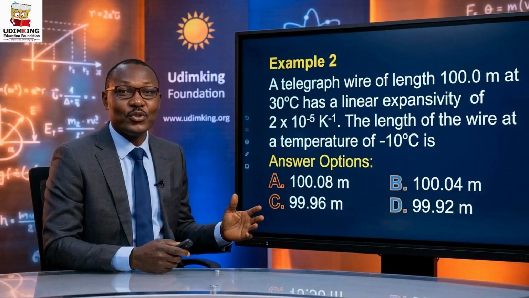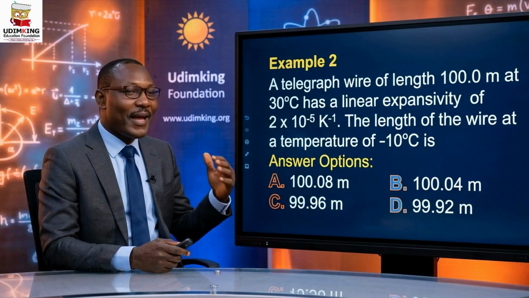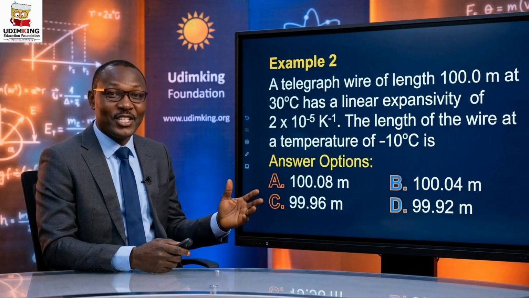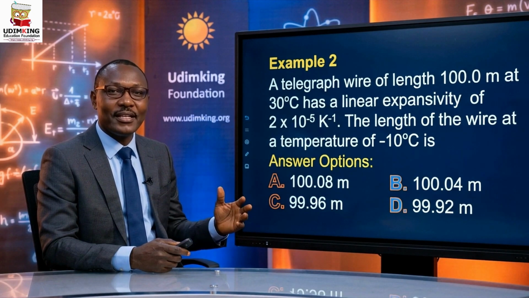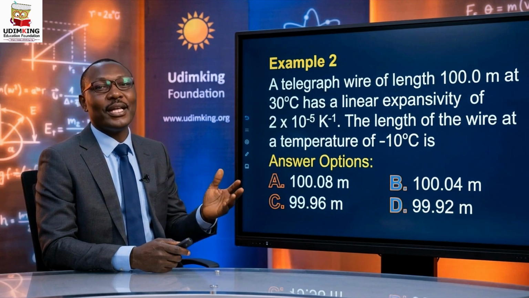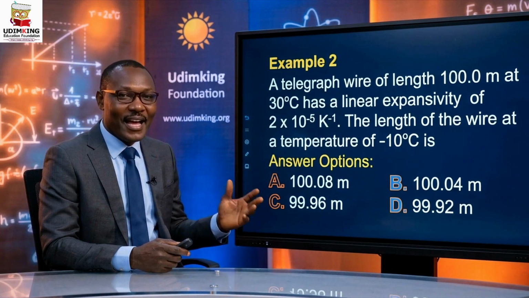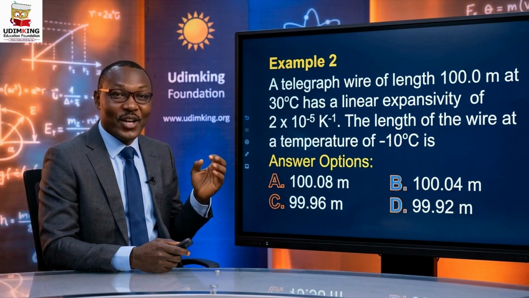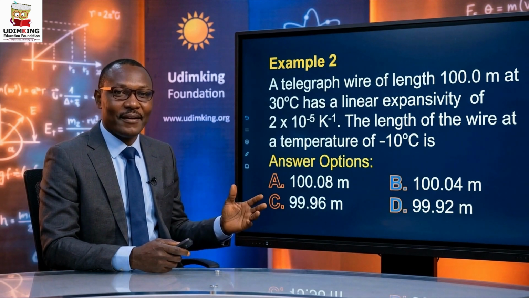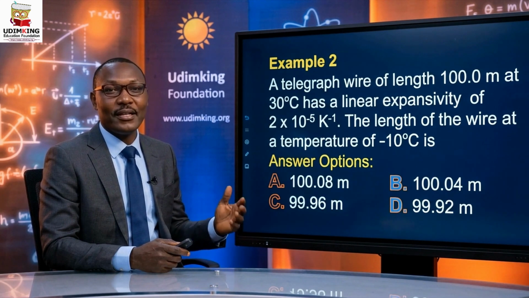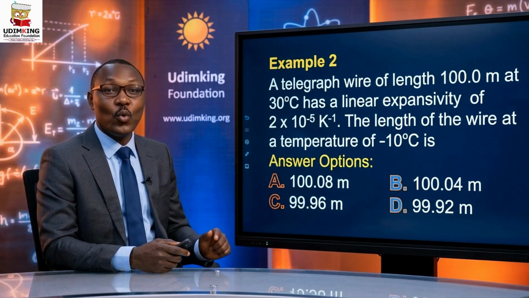Let's take a look at example 2 on your screen. This problem has a very interesting twist. We have a telegraph wire with an initial length of exactly 100.0 meters, measured at 30 degrees Celsius. The linear expansivity of the wire, alpha, is given as 2 times 10 to the power of -5 per Kelvin. Our objective is to find the new final length of the wire when the temperature drops all the way down